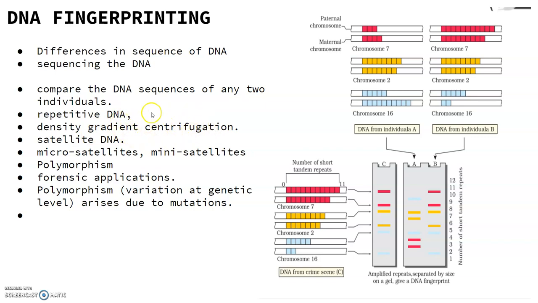We have already discussed centrifugation, a technique by which DNA is separated according to density. So from the heavy bulk, the areas where the repetitive DNA is present are separated through this technique. After that, the bulk DNA forms a major peak, and the other small peaks are referred to as satellite